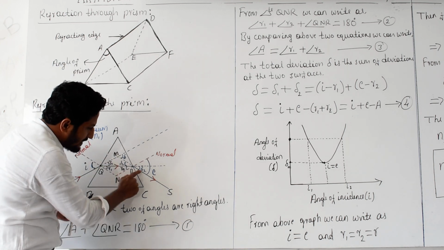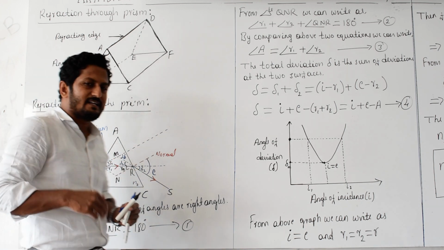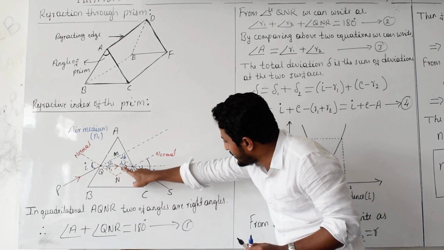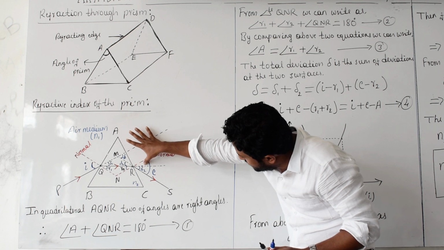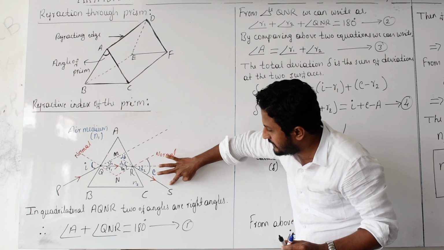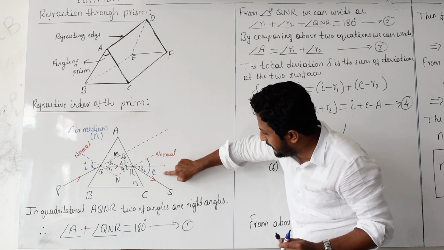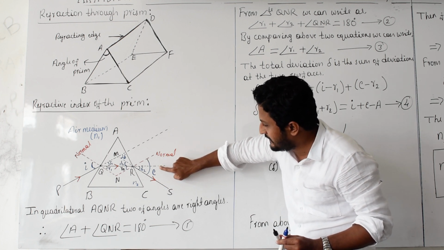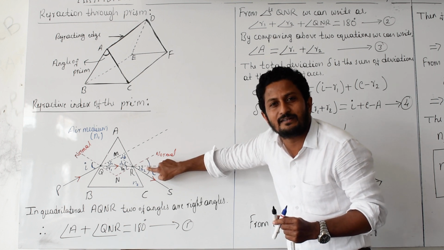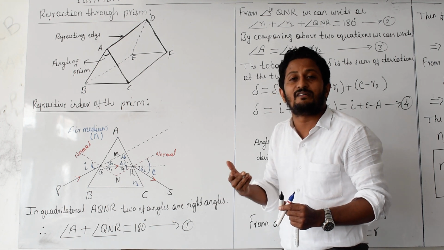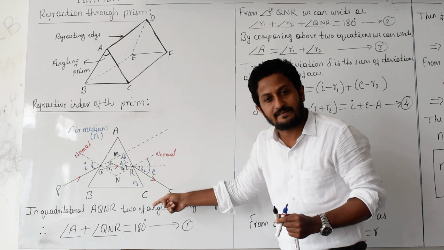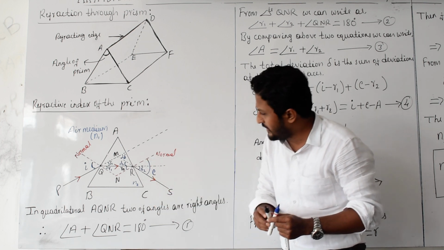Now here, look, delta 2 is there. What is that delta 2? Again look at this QR line. The QR line, instead of going along this dotted line, went along the RS path. It changed its path by this angle. That angle I named delta 2. That is nothing but the angle of deviation at the second surface AC. Have you understood?